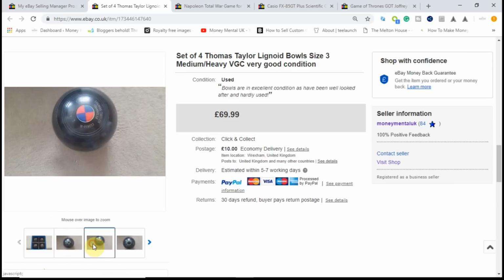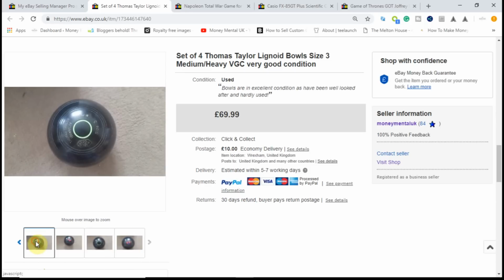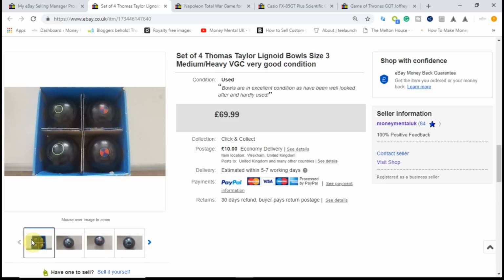Took some nice pictures of it all. Initially I had these up for £100 because they are quite an expensive item, but they're getting lots of interest, lots of watches, but nobody was offering, so gradually lowered the price. Finally managed to sell them, took an offer, £50 plus £10 postage, so £60 in all. I think it cost me about £6 to get them posted in the end, maybe £7 because they are quite a heavy item. But yeah, so a couple of pounds on the profit there on the actual postage, and 16 into 50. We're talking probably again between sort of 25, maybe £30 profit on this,